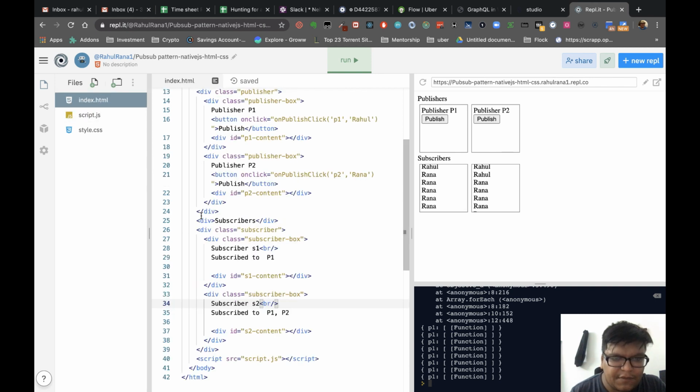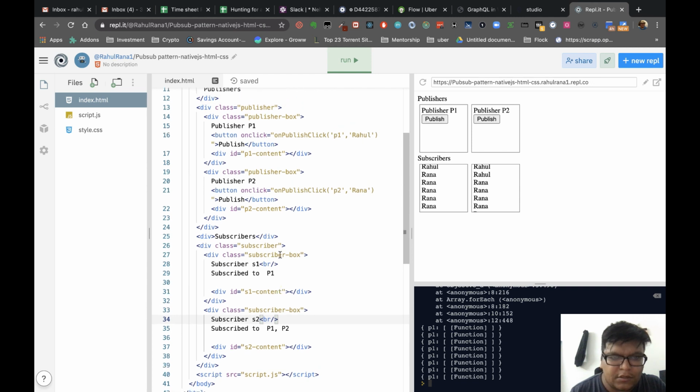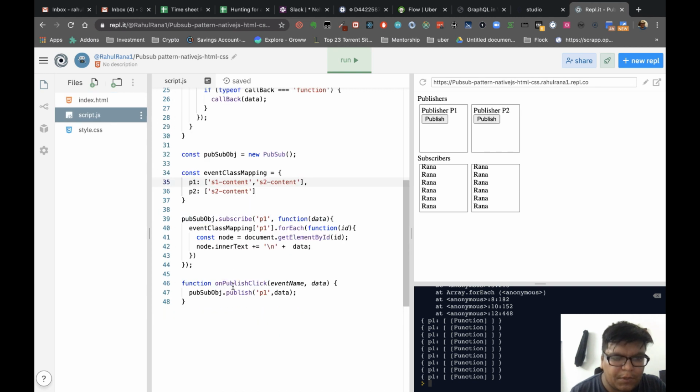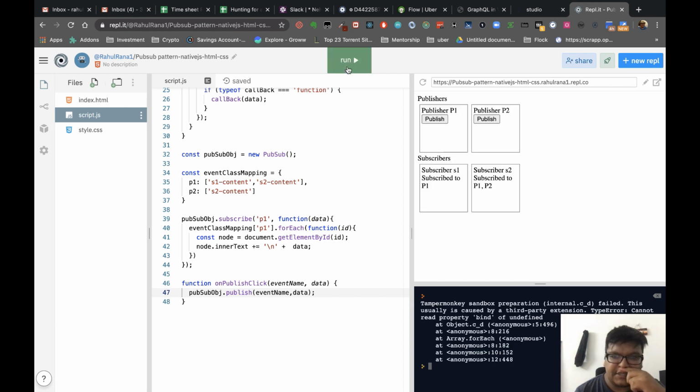Have I changed the event? If I click on publish, it should be P2. Actually, yes, I'm hard coding it. Now, depending on the parameters, it will work.